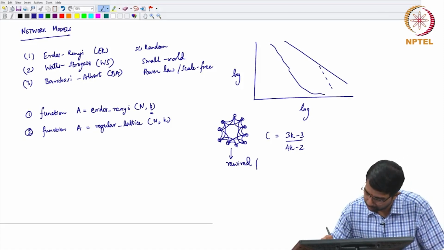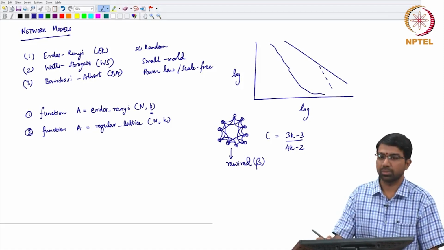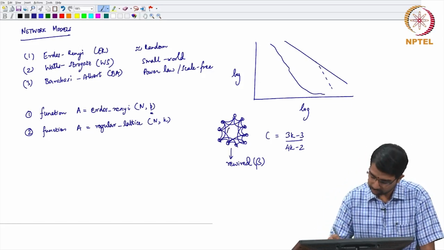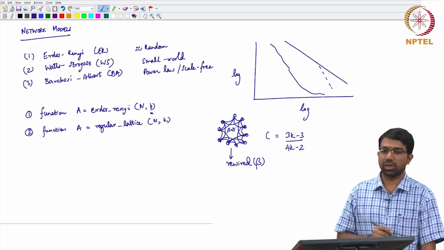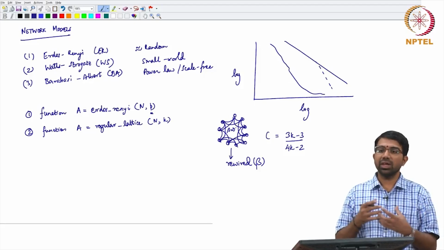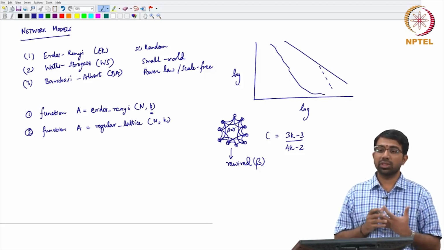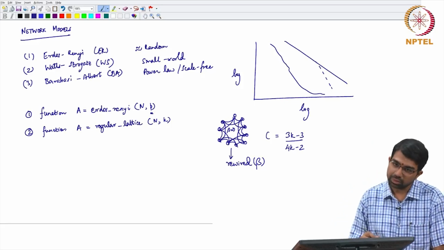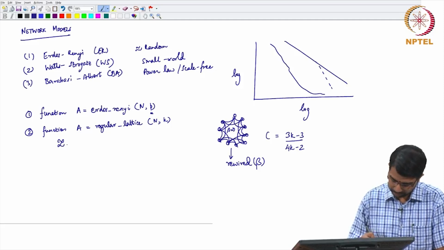rewired with some probability beta or p, whatever. So, beta equals 0 is this regular lattice, beta equals 1 will be a completely randomized network. Somewhere in between is where you find what are known as the small world properties. What are the small world properties? So, L_WS